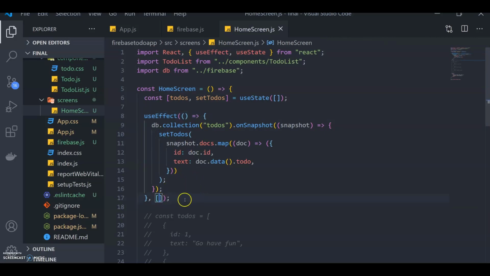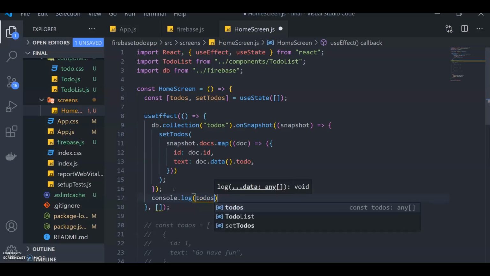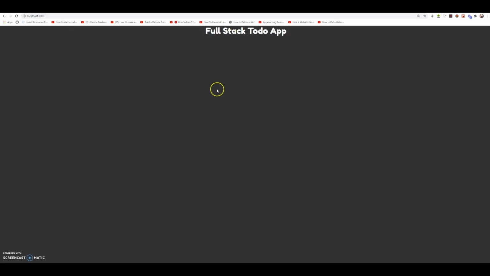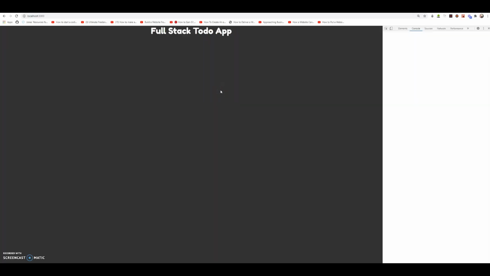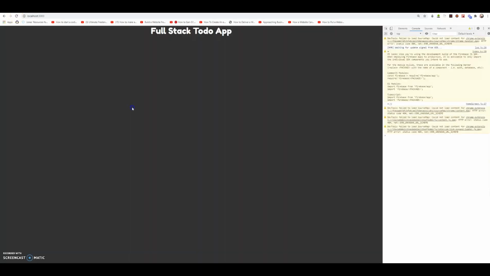However, if we leave this array blank, that means that the useEffect will only run one time when the component loads, right? So one more thing I would like to do is just console.log the to-dos that we are getting from the database. And the to-dos should be gone from the app if we take a look. Yes, the to-dos are gone. And if we look in the console and have a refresh,